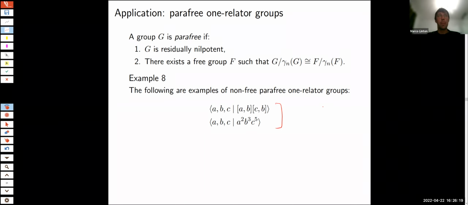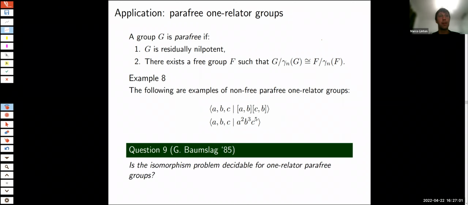So these groups, which seem very similar to one-related groups, seem to be as well. The isomorphism problem for one-related groups is very difficult. It's been wide open since one-related groups were studied, and there's no real progress, I guess, other than for particular families. And I think there was a lot of work trying to distinguish para-free one-related groups from each other, and this led Baumslag to ask the question whether the isomorphism problem is decidable for